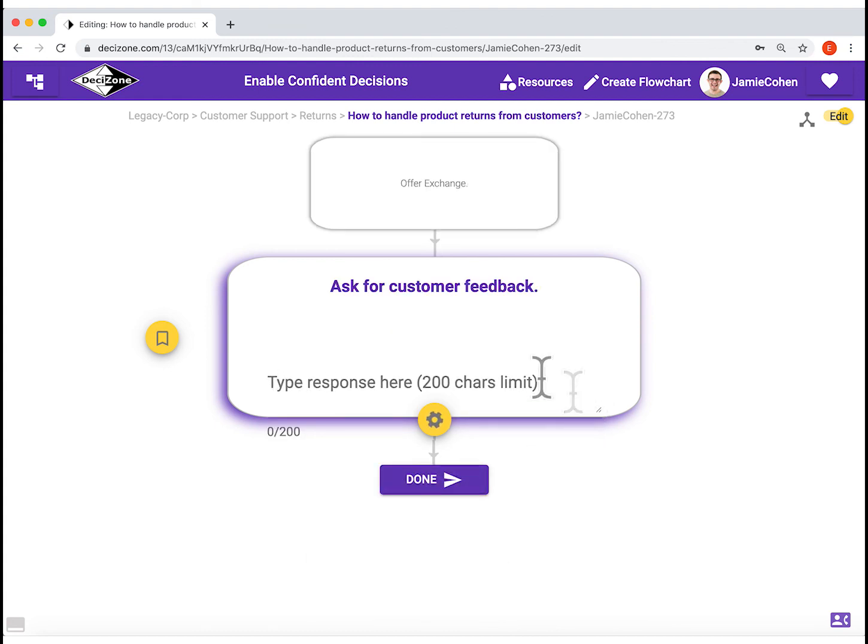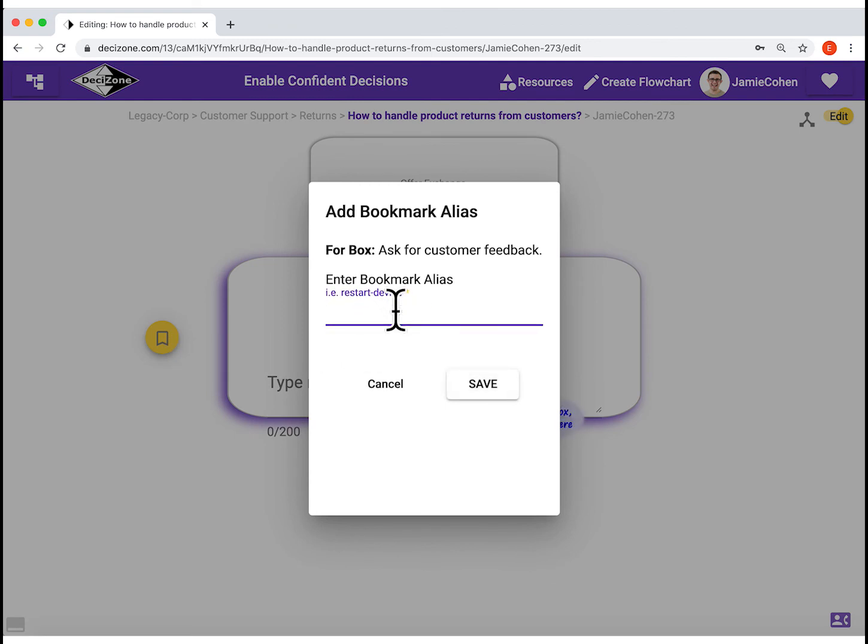Bring the destination box in the center, then click on the bookmark icon next to your center box and give it a name that you can easily remember this box with. This bookmark alias just gives you a friendly way to reference a particular destination box. Bookmark aliases are useful in using several features in Decision platform. From time to time, these bookmark aliases may get deleted when you take some actions on your flowchart. So the best thing to do is to just create a bookmark alias for a box just when you need it for using some feature and then forget about it.